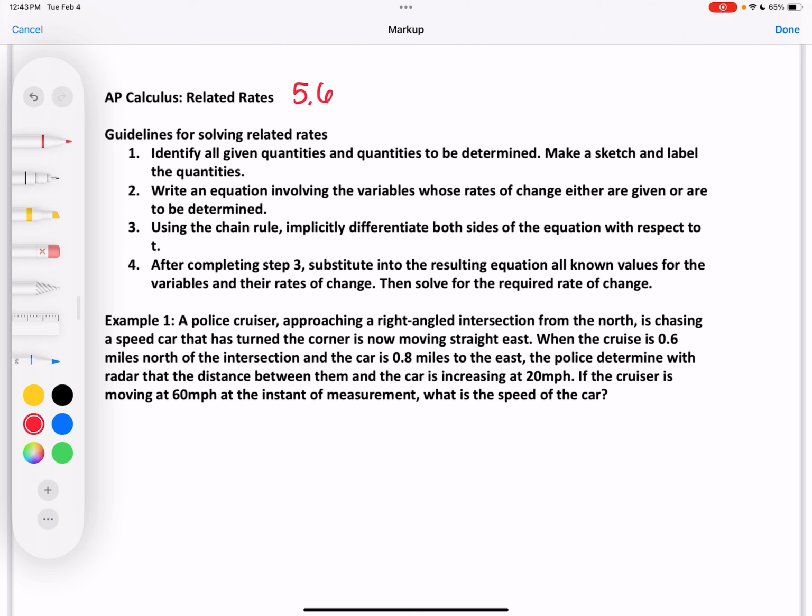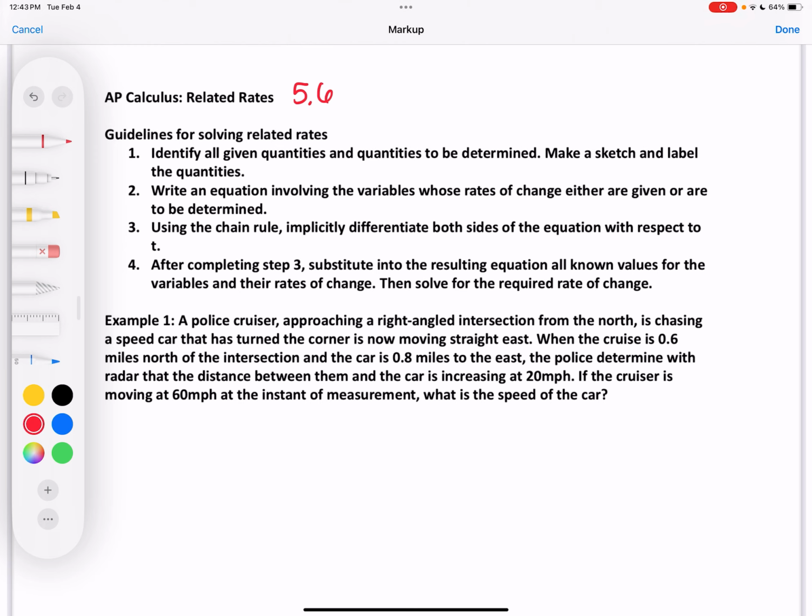So, anyways, related rates, basically these are just word problems, as you can see. Example 1's listed there. It's a pretty intense word problem. So it says to identify all given quantities and quantities to be determined, make a sketch and label the quantities. Some things I will make a sketch, some things not as much. It just kind of depends, but they can be helpful